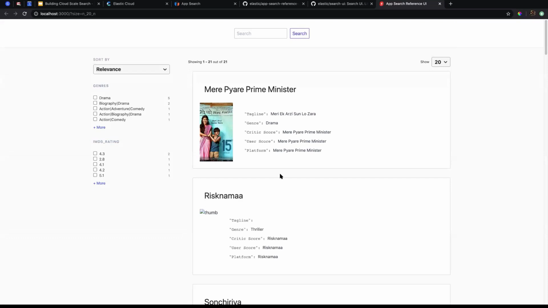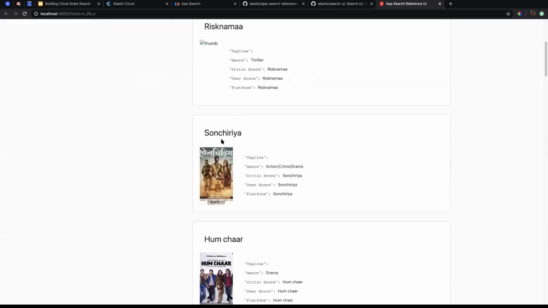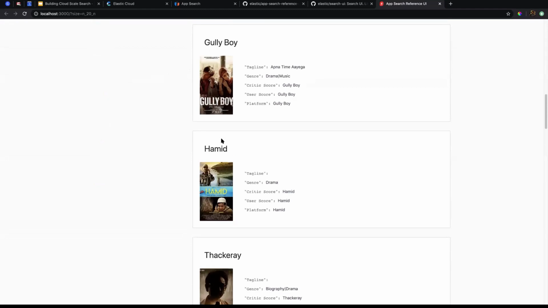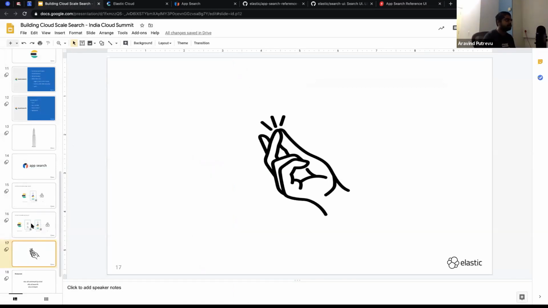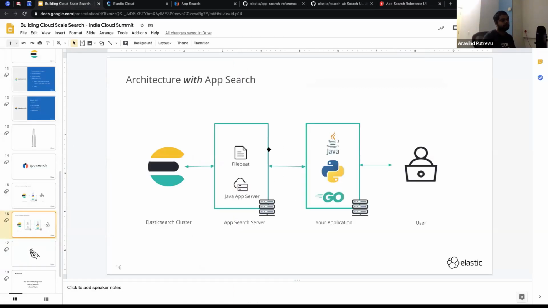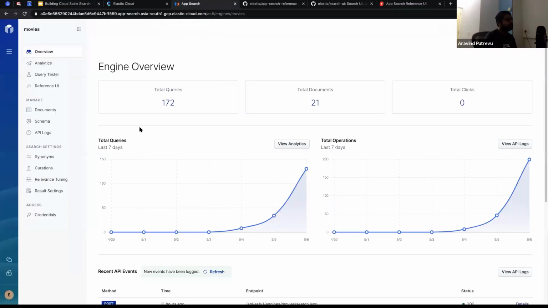Yes. First of all, I wanted to ask, are the search requests going first to App Search and then to Elastic, or do they go directly to Elastic afterwards? No, like I said in the architecture diagram here, the search requests go directly to the App Search server. You can have another proxy before it, but you can directly redirect the search requests to the App Search server. So the search requests are going through App Search. So your API endpoint is this one.